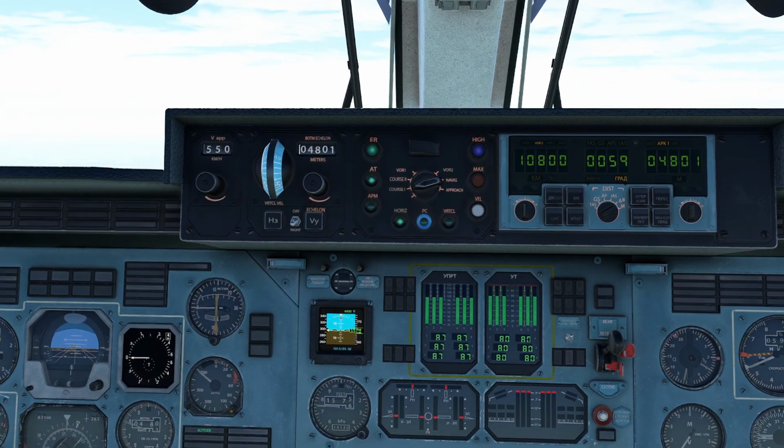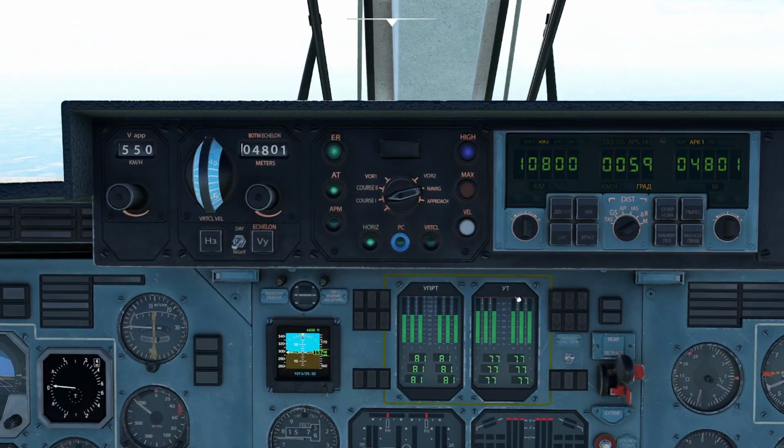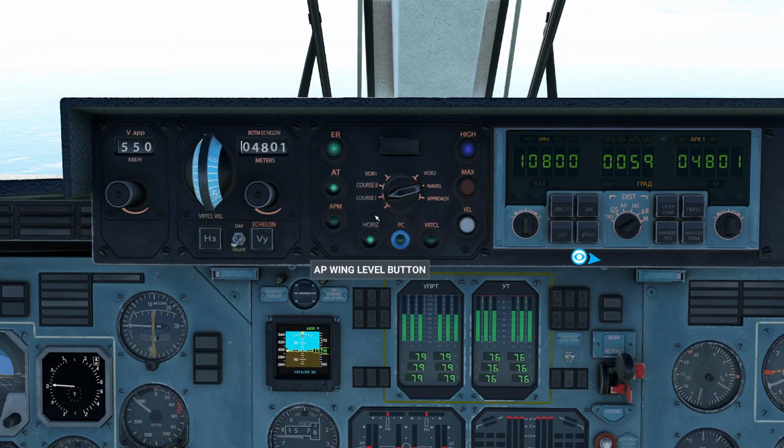Now, let's say we want to go ahead and start doing some navigation here. Right now, I've got my GPS as my desired source. So what I'm going to do is hit horizon to go ahead and level the plane, click this thing navigate mode, and then we're going to go ahead and press the PC button. Now, what's interesting here is because I don't have a heading that I'm flying, but I'm on horizon mode, the